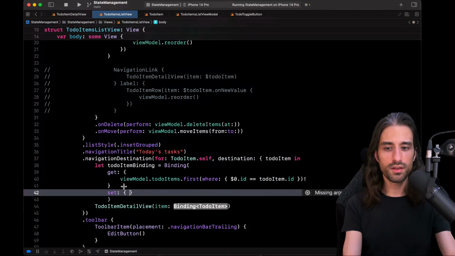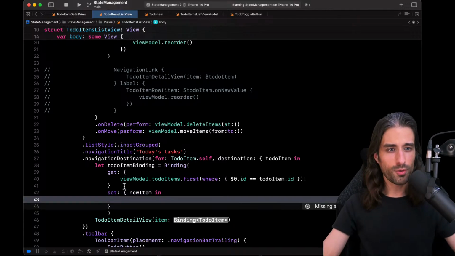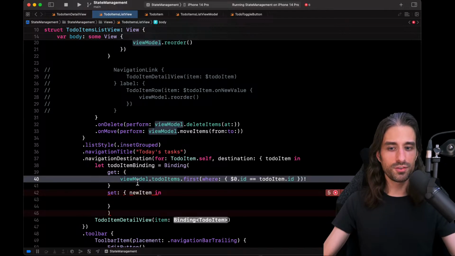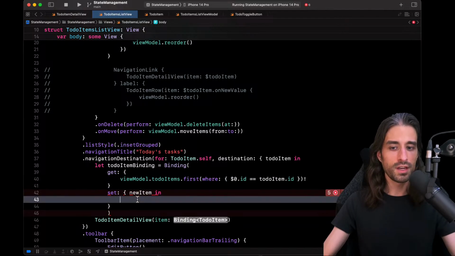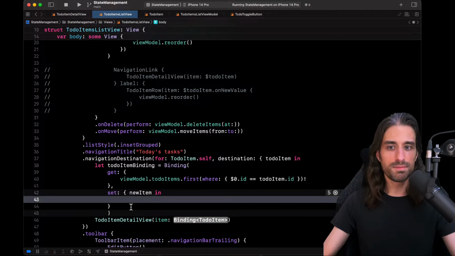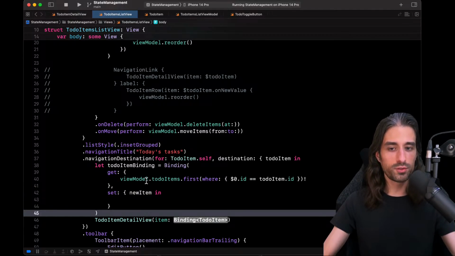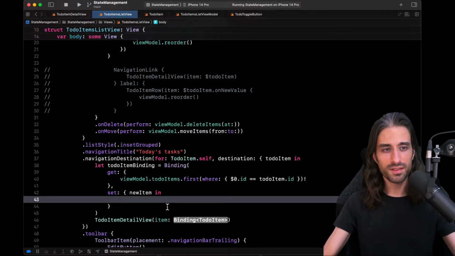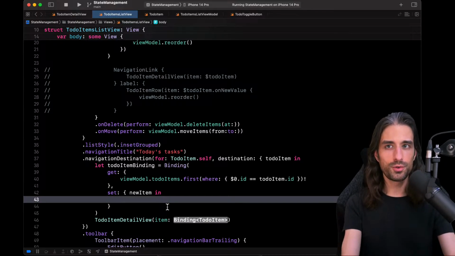Now for the setter, if you're watching the replay, I would recommend that you pause and implement it as an exercise, because once you've been given the implementation for the getter, the setter is kind of straightforward. Let's actually, I was missing a comma here. Let's implement a way to set the item inside the array. So if you're watching the replay, try to implement it by yourself. If you're watching live, I'm going to show you how to do it.